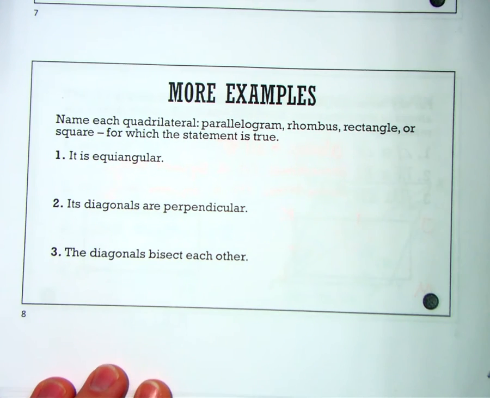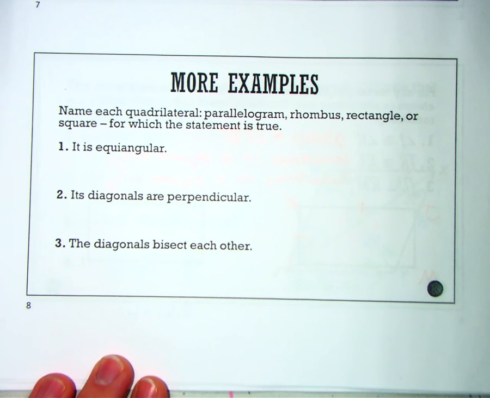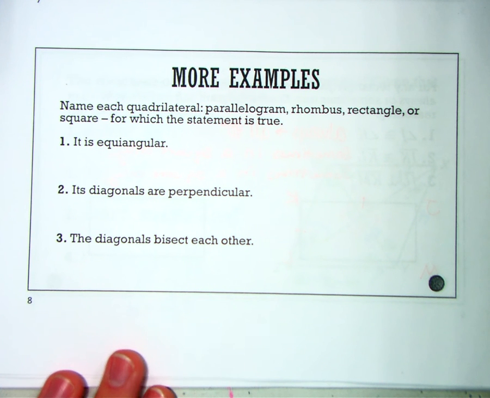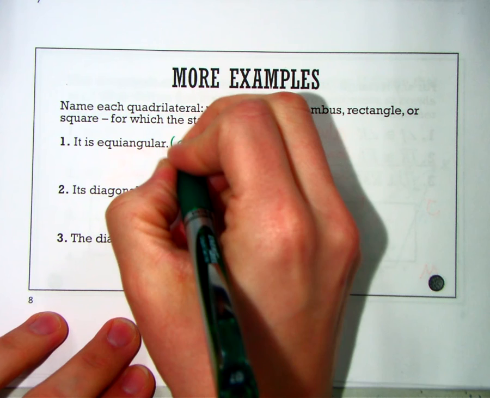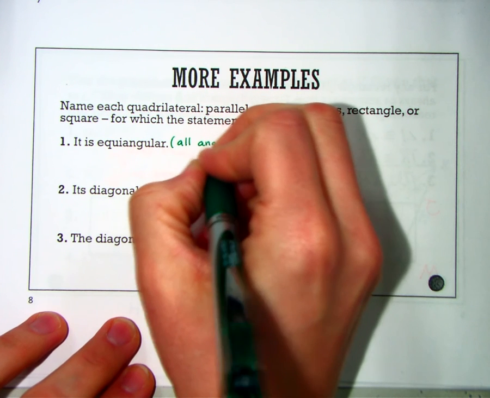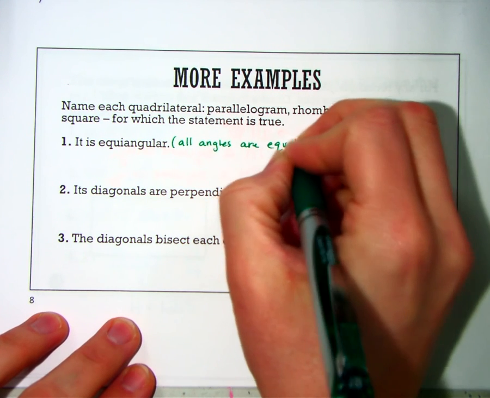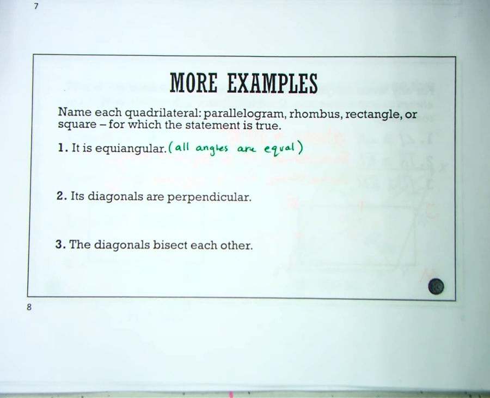Couple more problems here. This is something that you should have seen on your homework last night, but you're going to see it again today. It's which one of the following is this true for? So name the quadrilateral, parallelogram, rhombus, rectangle, or square for which the statement is true. So which ones are equiangular? Now equiangular, what does that mean again? It means all angles